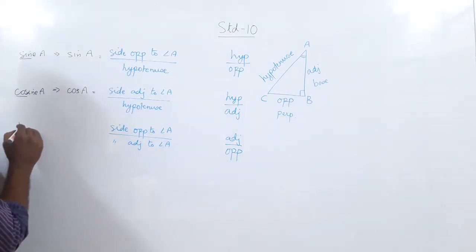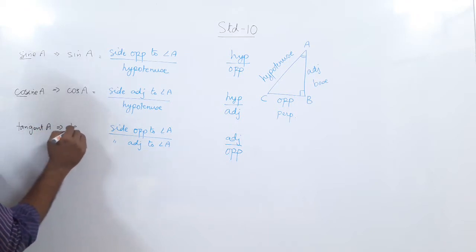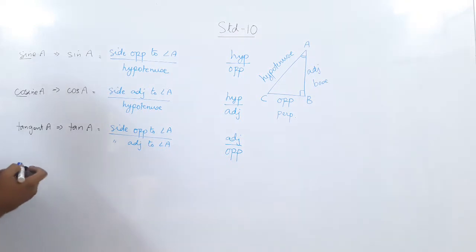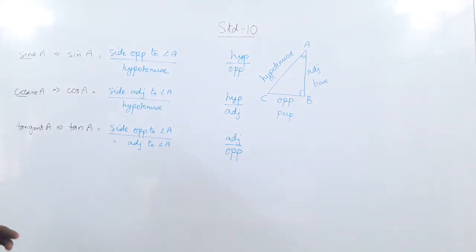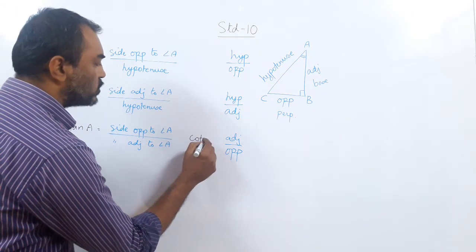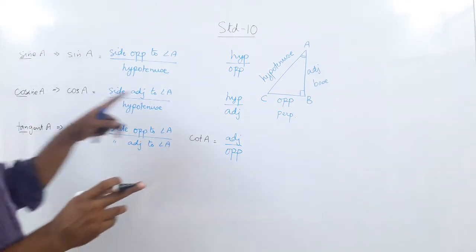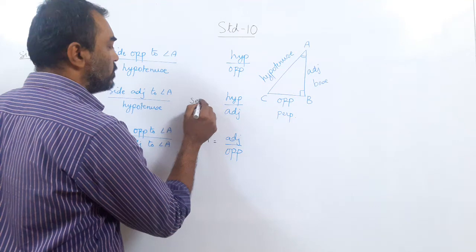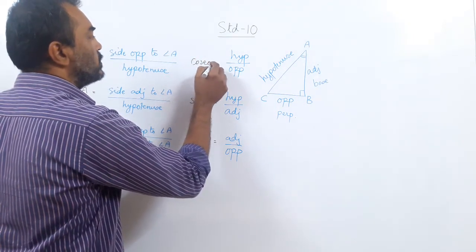Then we have tangent. Tangent of A, short form is tan of A. Tan of A is the ratio of the opposite side to A and the adjacent side to A. Okay, three names. Then this is called cotangent. I am writing the short form only. It is cotangent. This is tangent and it is co. So these both are related by a co. What is the co? I told you we will do it later on. This is called the secant of A, or sec A, and this is called the cosec of A.